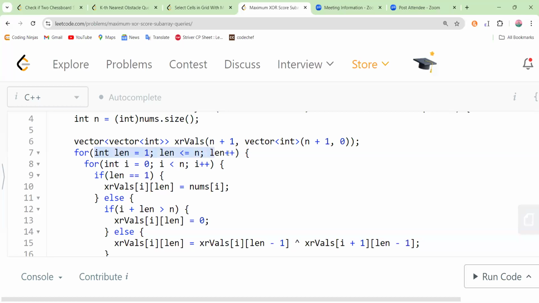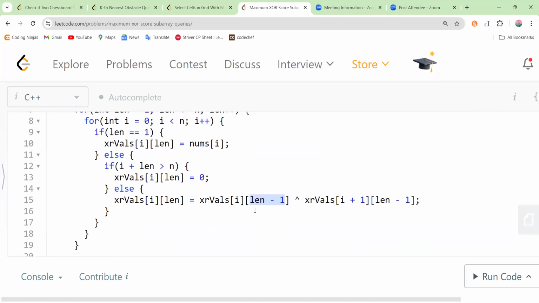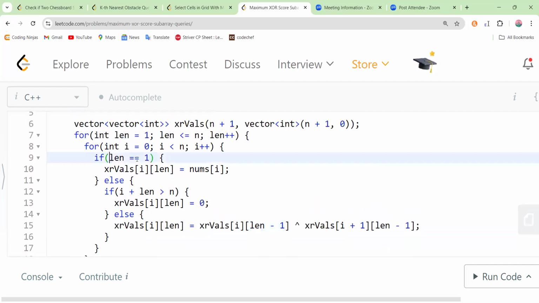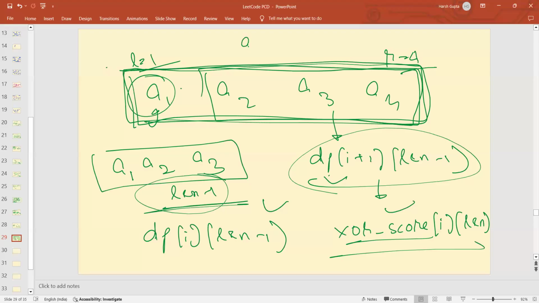We are going in the order of length first and then the index. Why are we doing this? Because for computing dp of I of len, we require the answer till len minus 1, isn't it? That's the reason. Okay, so if the value of length is 1, that is, my array contains only a single element,